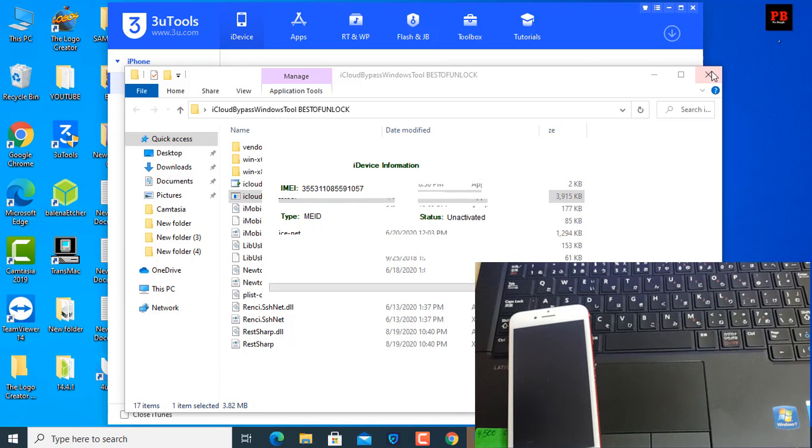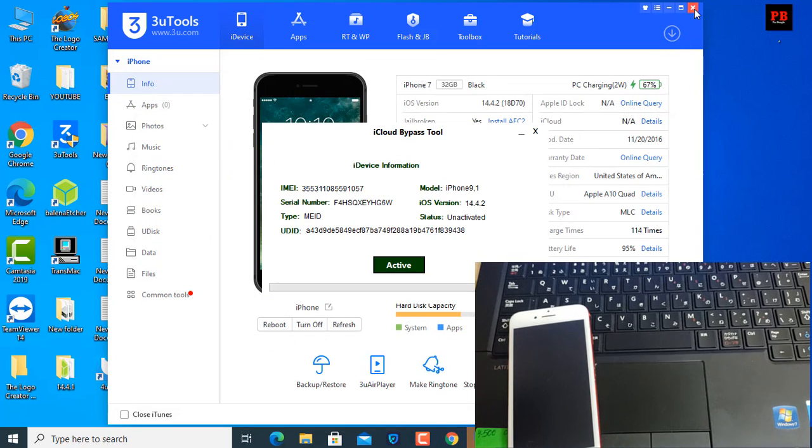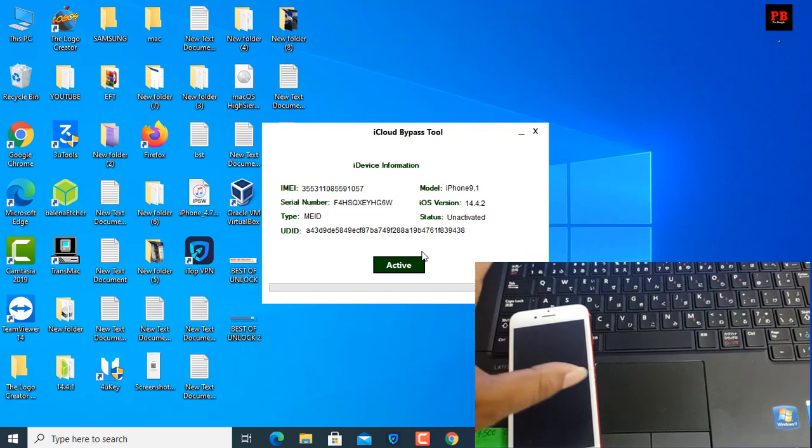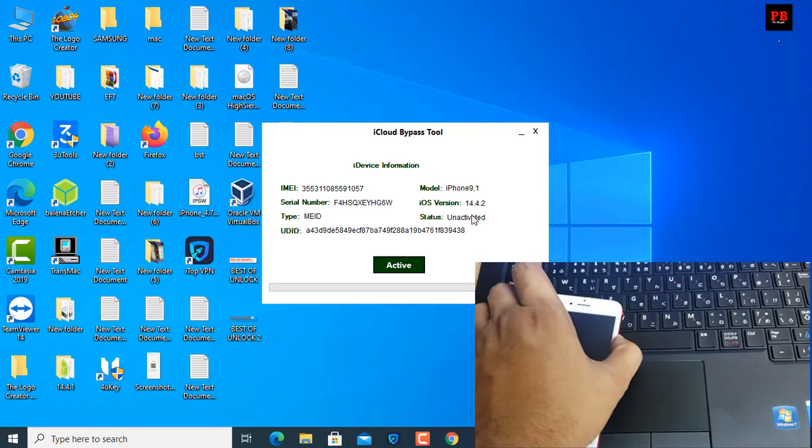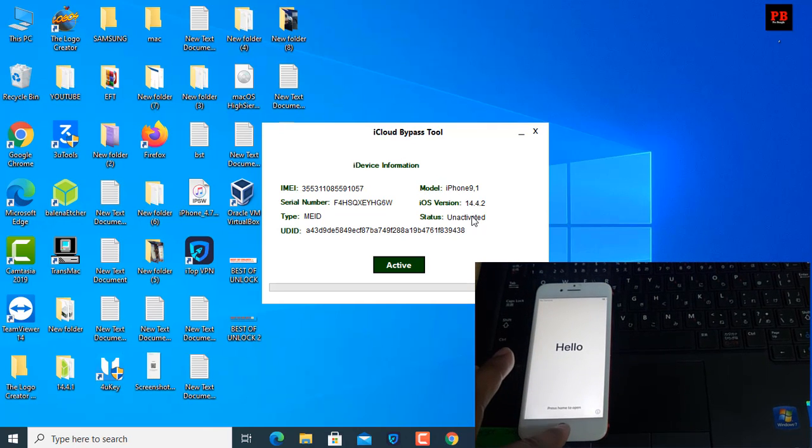Now as you can see, it's connected. If it doesn't connect, you must first open 3uTools, then open the bypass tool, and then it automatically connects the device. Now I'll show you, this is an iCloud lock.